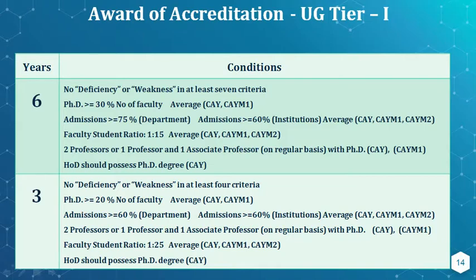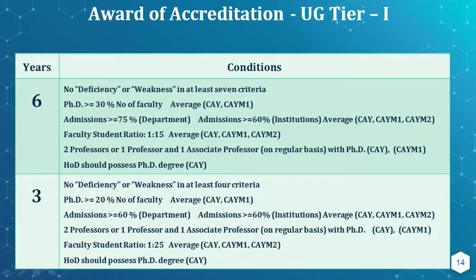And the professor and associate professor remains the same. Faculty student ratio is changed here. For 6 years we have 1:15, here it is 1:25. And HOD should possess a PhD in the current academic year. That is maintained here. So these are the requirements for the accreditation either for 6 years or 3 years in the UG engineering program